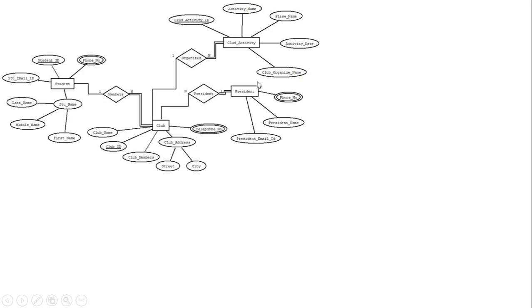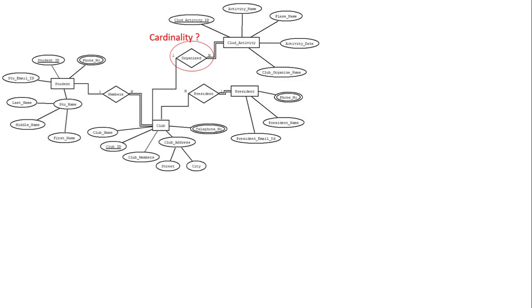Another problem that I have identified is with respect to cardinalities. So here, between club and club activity, there is a relationship organized. So club activity is being organized by club. But if you look at this particular mapping cardinality for this relationship set organized, it is mentioned 1:n from club to club activity, right?